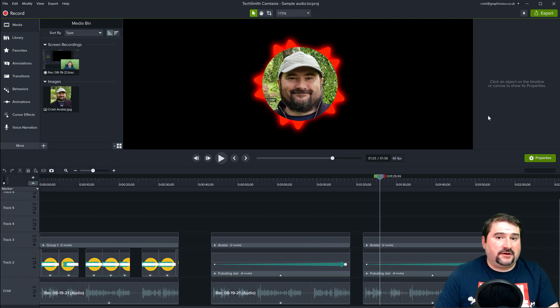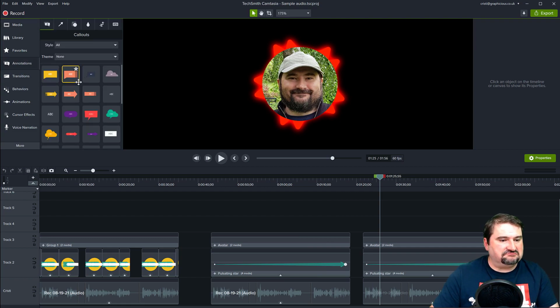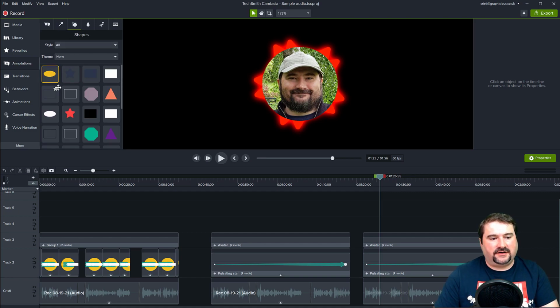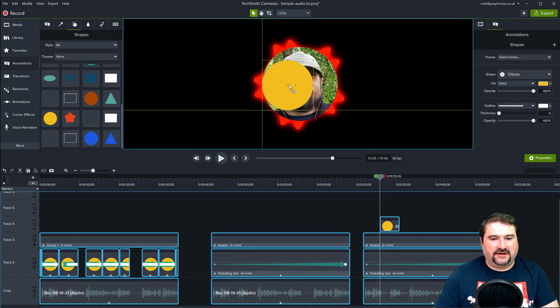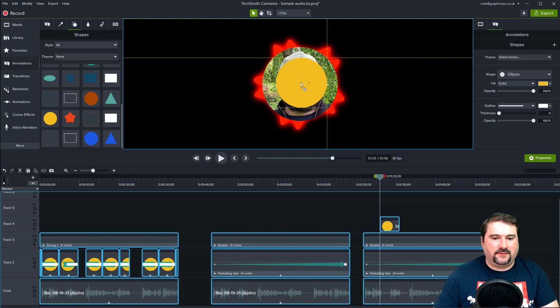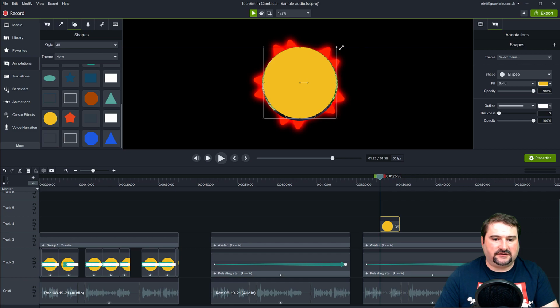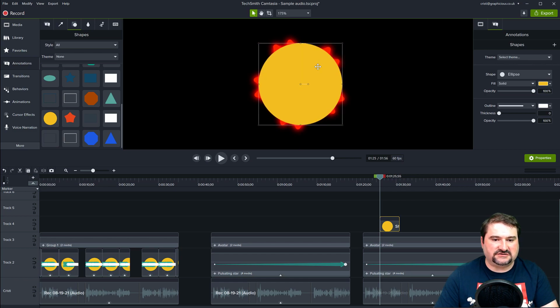So we're going to use annotations again, just basic shapes, nothing fancy. Go to shapes and find this circle here. Let's pull that in here like so. Don't worry about the size. I'm just going to put it in the center there just so I get an idea, but you can of course change it. So this is the circle number 1. I'm just going to align it with the whole duration so I don't have to do it every time.